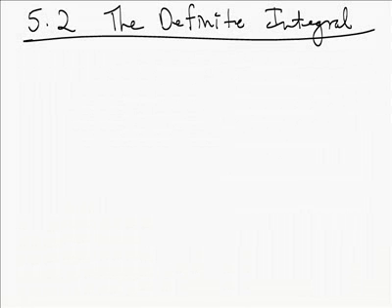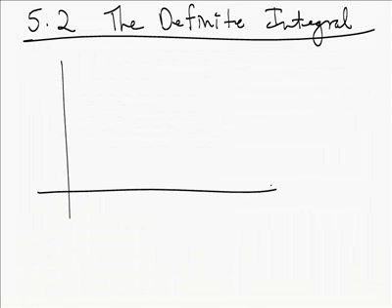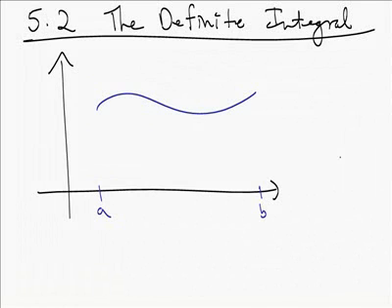Section 5.2, we're going to look at a concept called the definite integral, which is basically going to formalize what we talked about in 5.1. Remember, the idea that we looked at in 5.1 was finding the area under a curve based on areas of rectangles. So if we have some function y equals f of x that looks like this, from x equals a to x equals b, and we wanted to find the area under this curve,